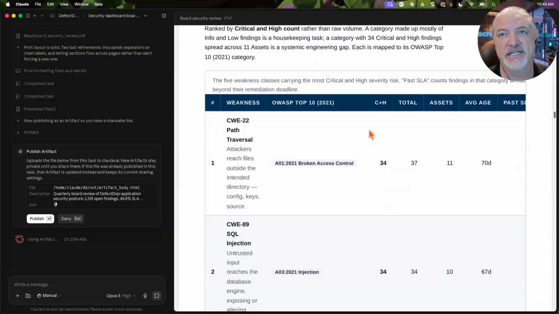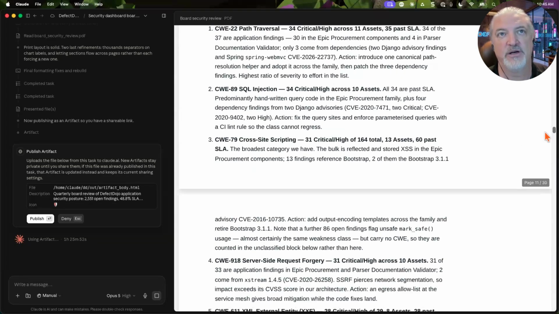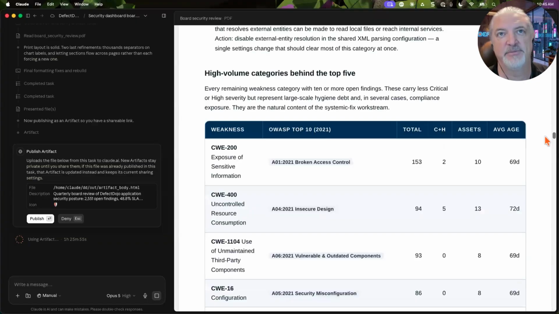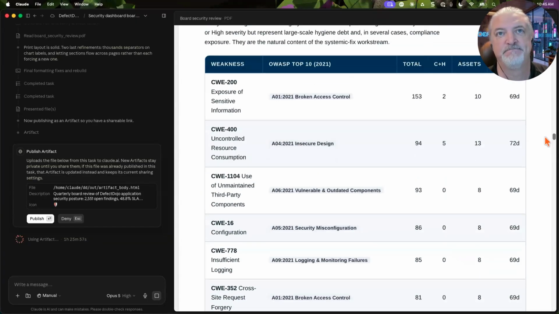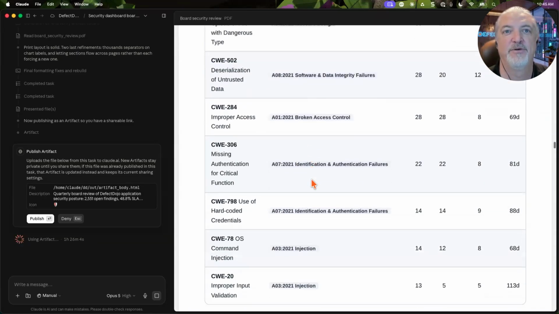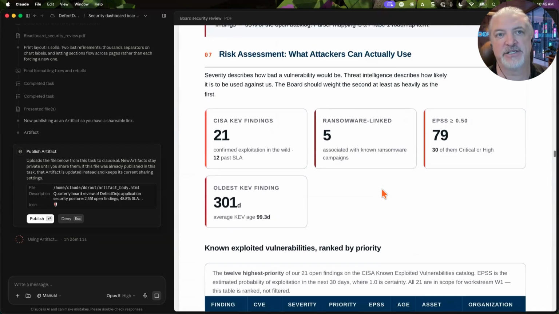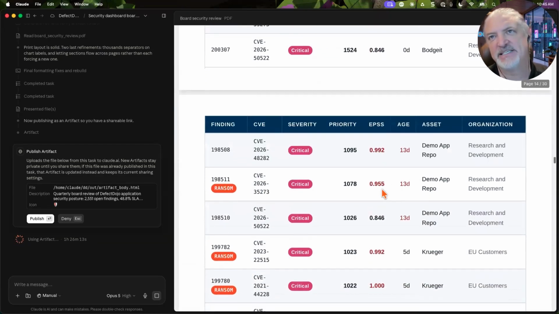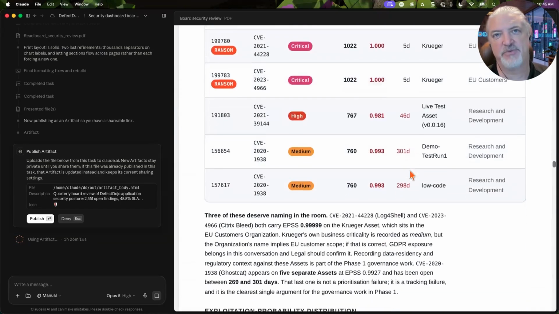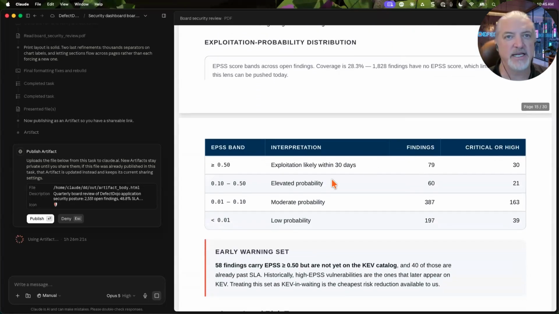Weaknesses needing immediate attention. So I bet that's a long list. Well, maybe not. What to do about each one of them. High volume categories. So a lot of broken access control, insecure design. I'm not surprised. We're not great in development and in sales. Risk assessment, things that attackers actually can use. I guess this is why it took so long. It's a 30-page report that is absolutely packed full of data that I'm sure that if you shared this with somebody,